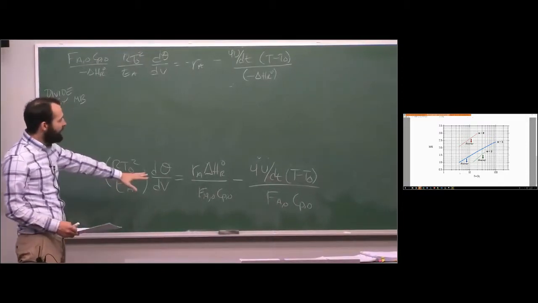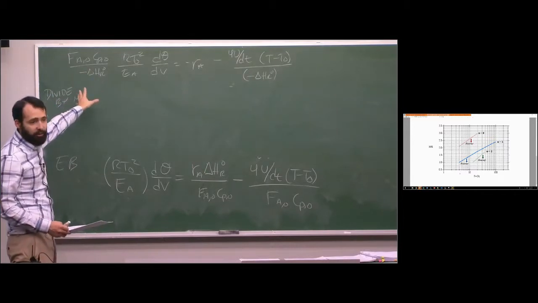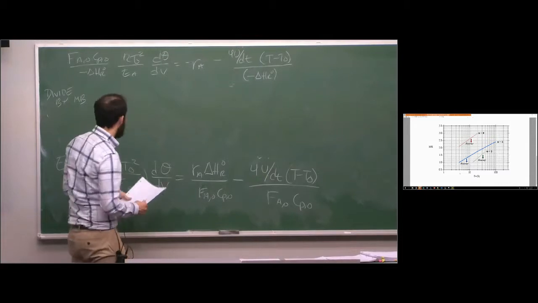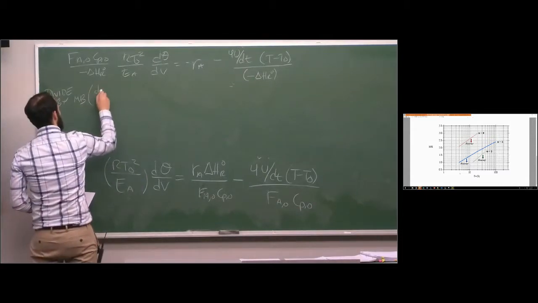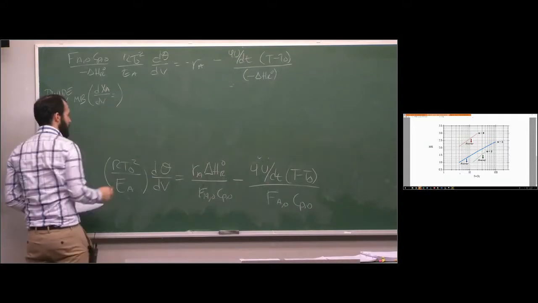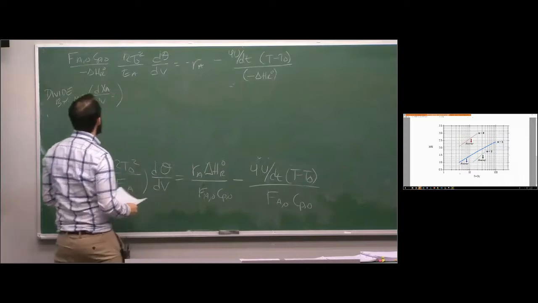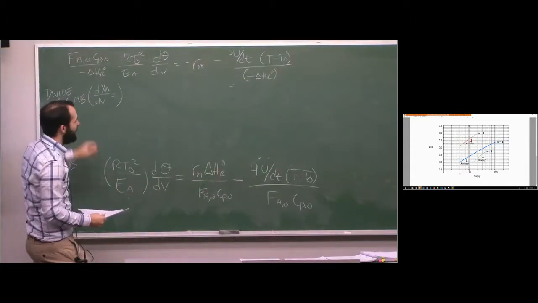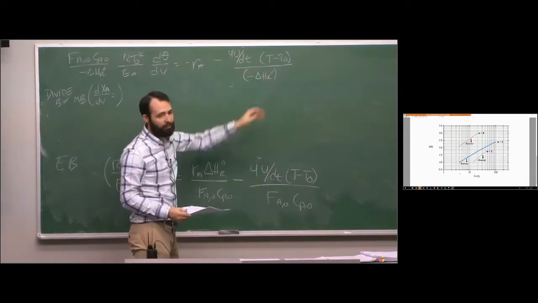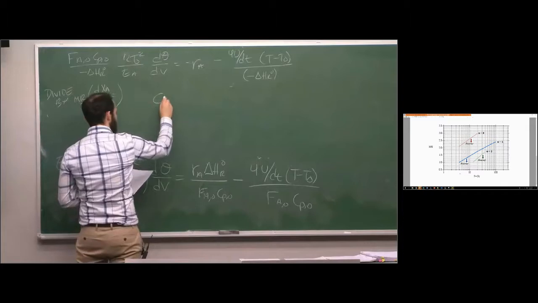So if we rearrange this equation just slightly, we get this one. And now let's divide by the material balance, which remember is an expression that gives us, okay? And so what we're left with, we're also going to divide by FA naught at the same time. I'm just going to do it in one step. You're going to have FA naught over here. When you divide by the material balance, you get FA naught over there too. So what you're left with is